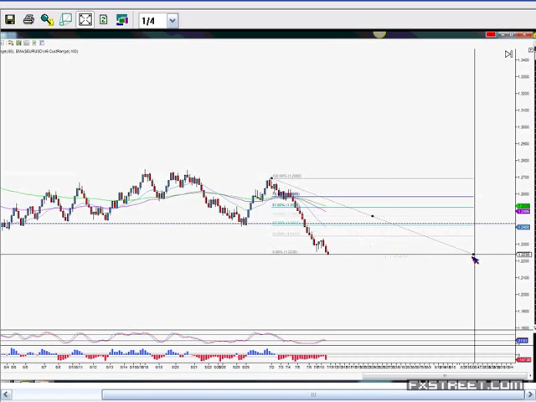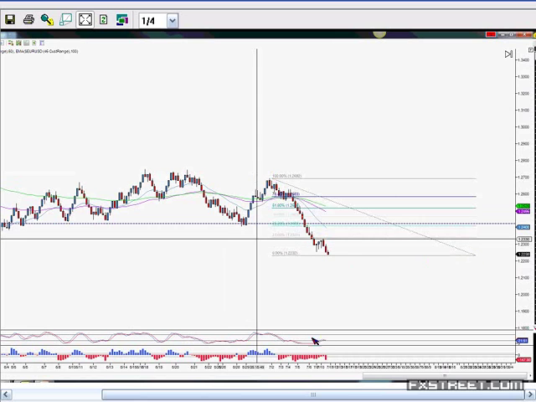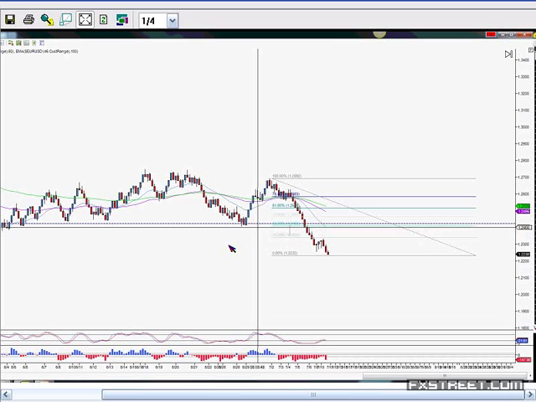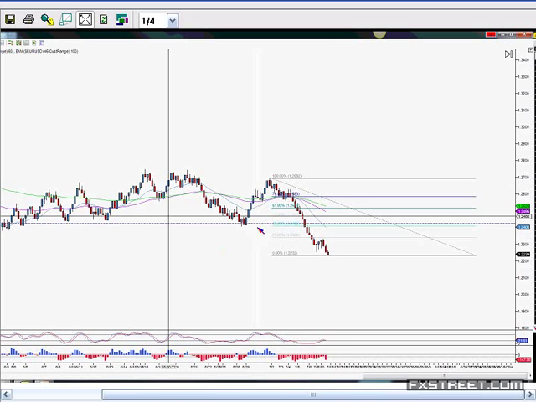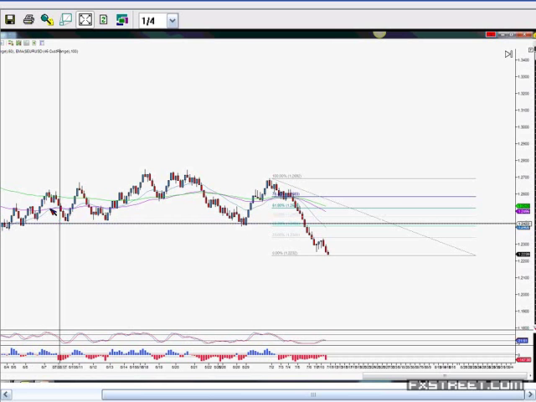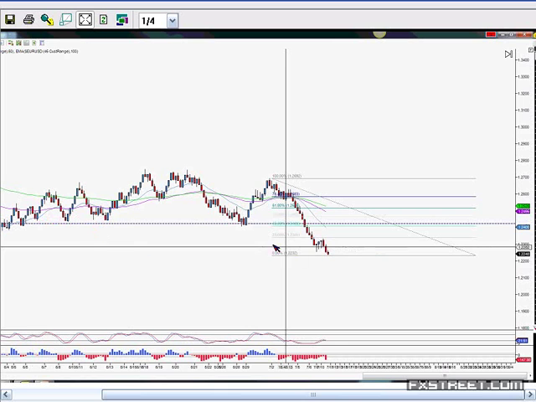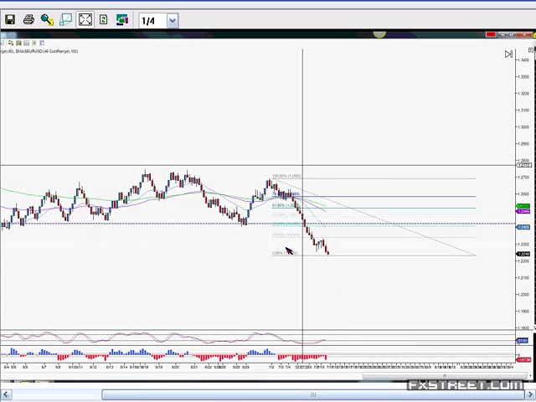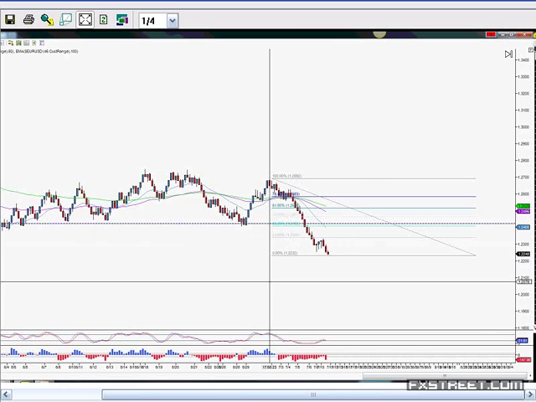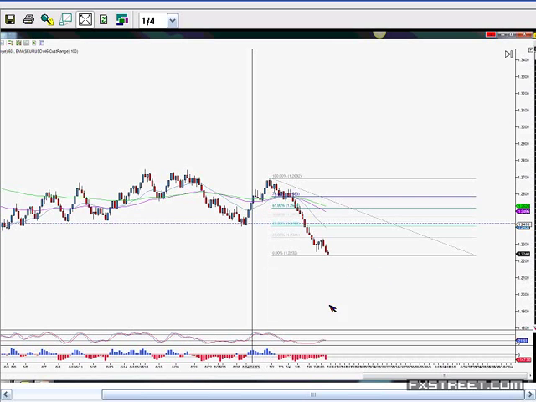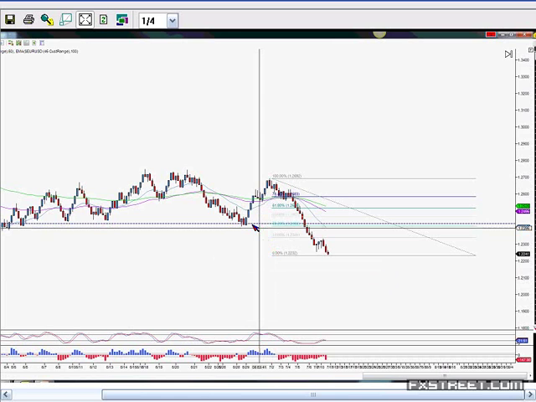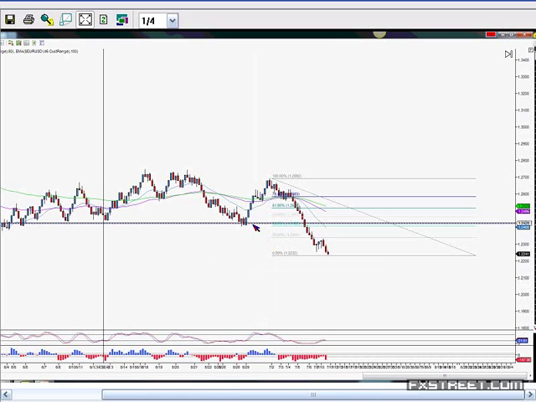What we do like to see is a confluence of levels. We would never ever trade Fibonacci on its own. We'd never take a Fibonacci level in isolation. That's just, again, our personal preference. The strongest technical tool for us is the horizontal line of support and resistance. So we're looking for price to pull back to these levels. If we have a Fibonacci retracement level in conjunction with that line of support and resistance, perfect. That makes it a lot better. But if it's not there, it's not a problem.